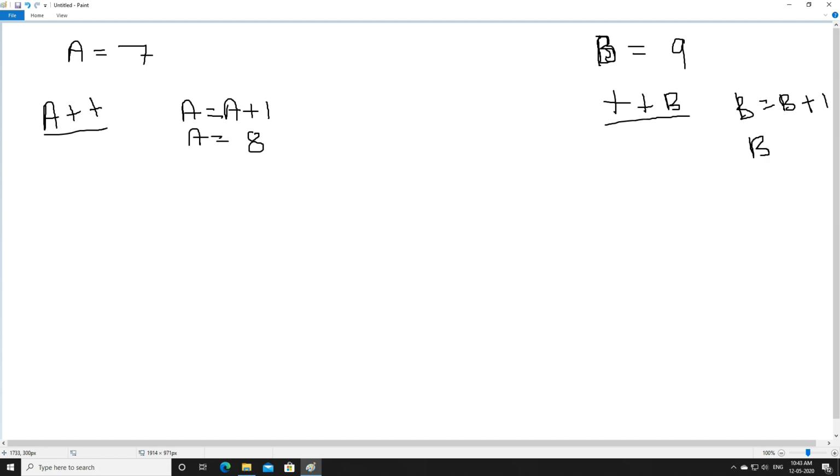That is, the value of b will become 10. But what is the difference? Here, if you only write a++ and ++b, you will not find any difference, right? Whenever you write a++, the value will be 8, and if you write ++b, the value will become 10. In both the cases, increment is done.